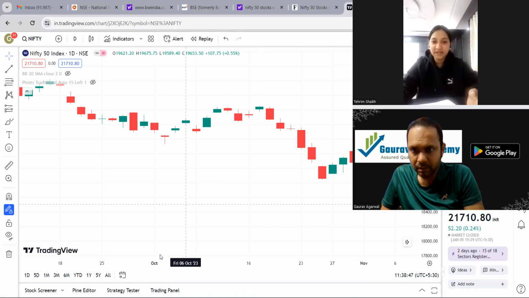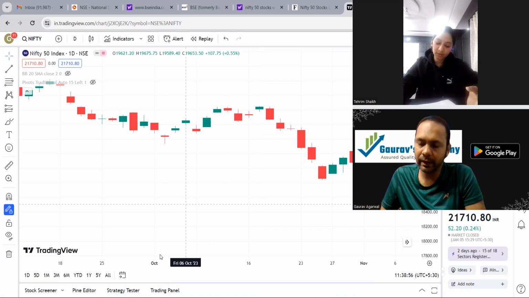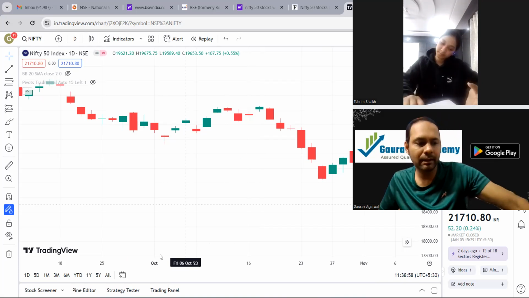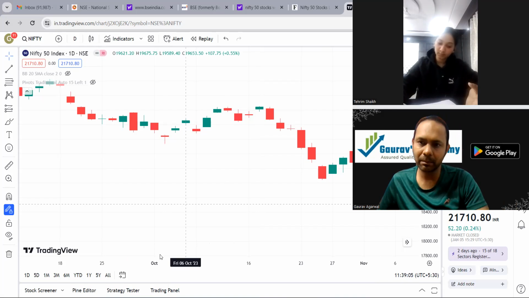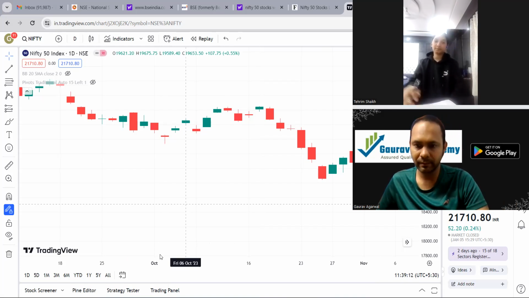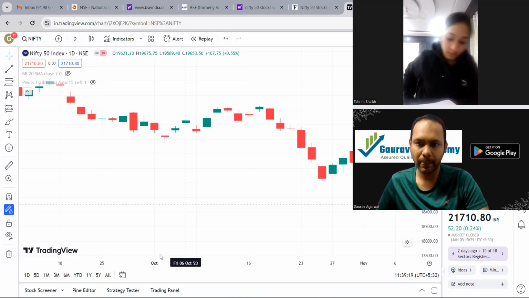What will be the entry price? एंट्री प्राइस में क्या होता है, जो भी आपका हाई प्राइस है उसके ऊपर 5 या 10 पॉइंट आप कंसिडर कर सकते हैं। दैट इज फ्लेक्सिबल, राइट? क्योंकि ये प्राइस इतना ज्यादा चेंज होता है कि डिफरेंट ट्रेडर्स का एंट्री प्राइस अलग अलग होता है। मान लीजिए हाई प्राइस से आप 5 या 10 पॉइंट ऊपर का ले लीजिए, और सेल में भी जो लो प्राइस है उसका 5 या 10 पॉइंट नीचे आप ले सकते हैं। तो आपको थोड़ा सा बफर रखना पड़ेगा।